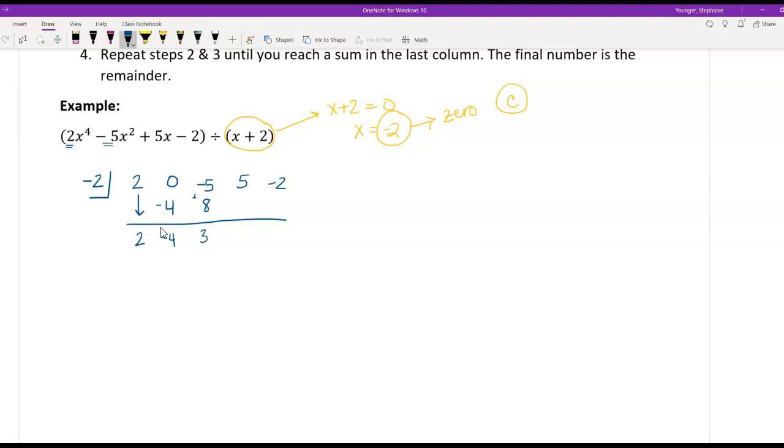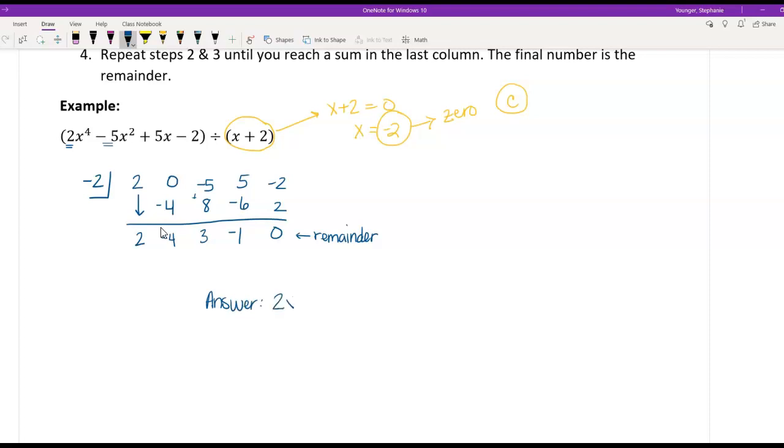Multiply negative 2 and 3 gets me negative 6. 5 plus negative 6 gets me negative 1. Negative 2 times negative 1 gets me positive 2, and that gets me my 0. That right there is my remainder. So when I divide everything by that x plus 2, my answer